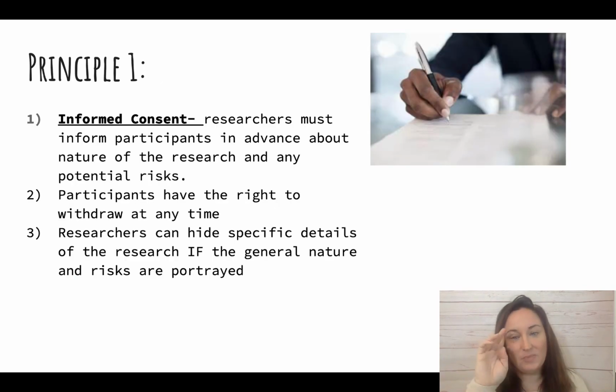All right, so there are 4 principles for human research. The first is informed consent, meaning that the researcher has to inform any participants before they start the study about any sort of risk or harm that could occur during the study. A participant might sign and agree to do the study, but during the study might decide to withdraw. They have the right to withdraw at any point in a study.